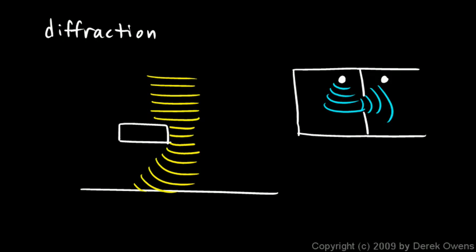Particles don't do this. If you're shooting bullets in this direction, a bullet would either miss and land there, or it would hit and stop, but it wouldn't go here and bend around like that. Particles don't do this, only waves do, and light was shown to do this. So the point here is that light was shown to do things that only waves do, such as the interference in the double slit experiment and diffraction here.